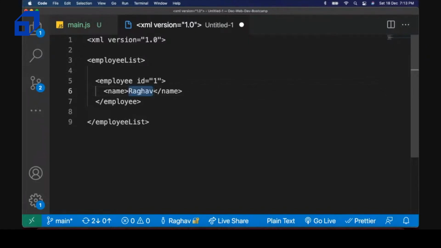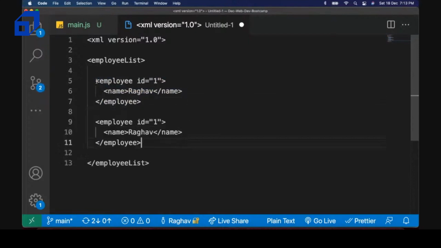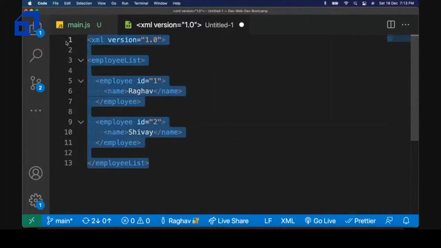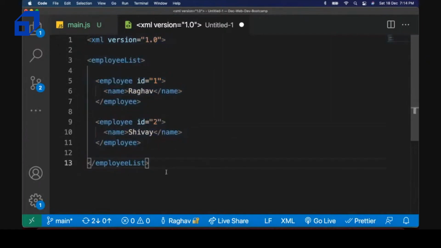Again, for name, we can denote first name and last name. We can create other tags, but this is a simple example. So this is an employee 2 with a new ID. Again, this is a new XML document, as you can see. So it is now a bit clearer. We have Shivai with an ID 2. So this is a simple format of how an XML document would look and how values are contained